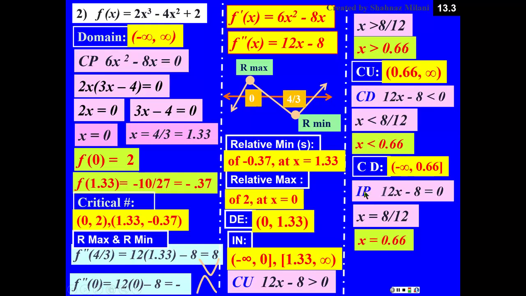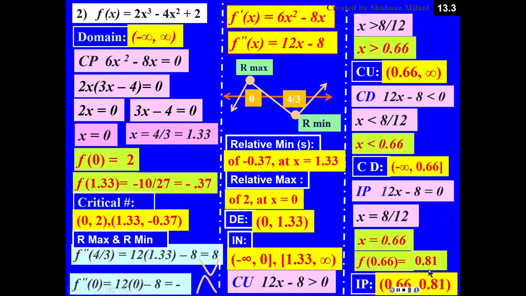I need a y value. That means I have to find f of 0.66. Go to the original problem, replace this x by 0.66, and then plug it into the calculator, get the answer, which is going to be 0.81. X is 0.66, my y is 0.81. That is going to be my IP, which means inflection point. Again, we find everything